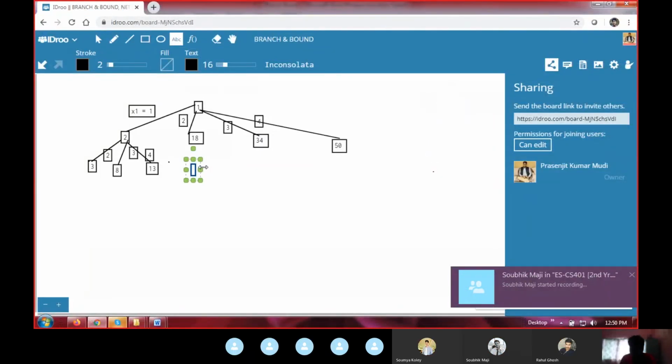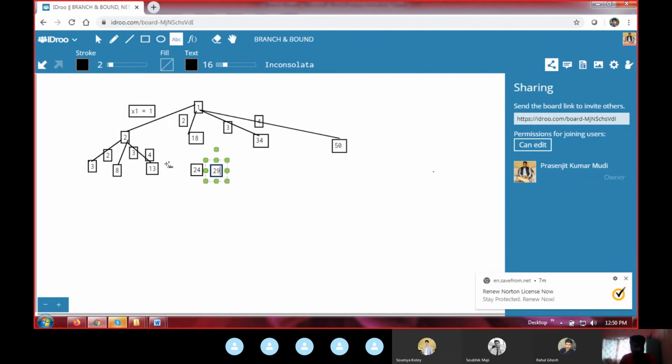This is, let's say, 24. This is, let's say, 29, and here, let's say, this is 19. Okay, so one thing I just skipped right now: here, the values of states are, here the value will be 1, here the value will be 3, and here the value will be 4. Why 1, 3, 4? Because already,